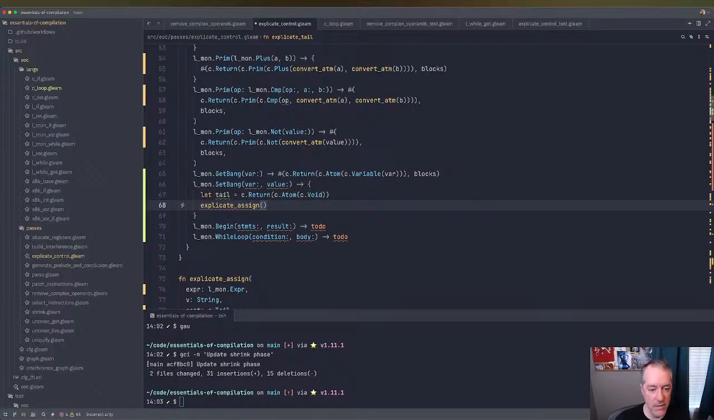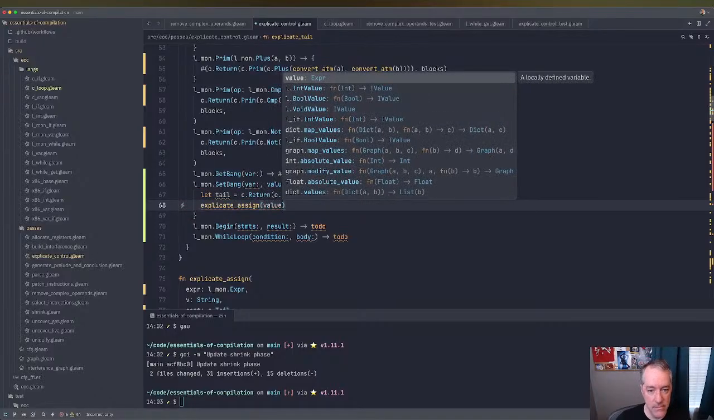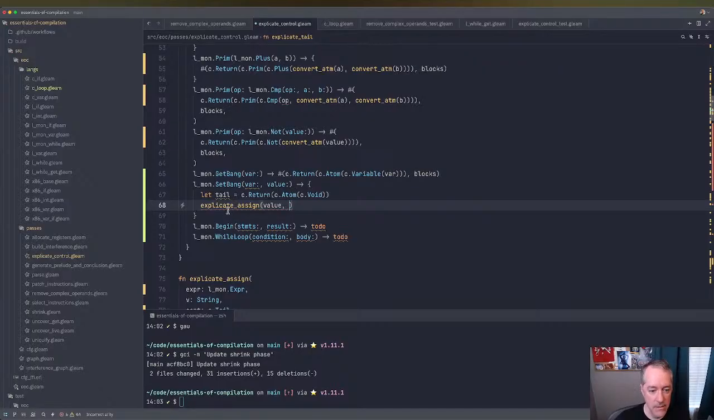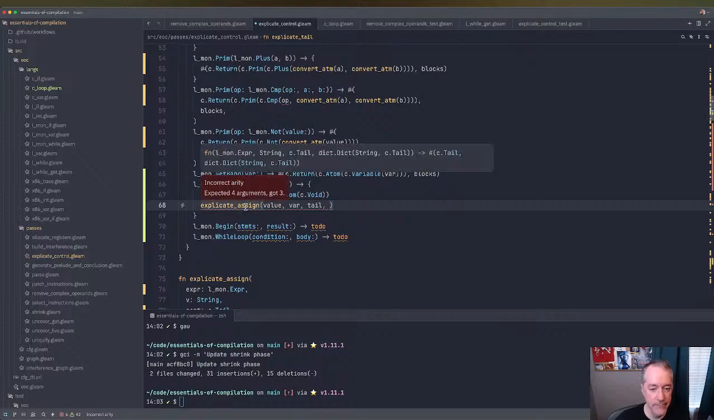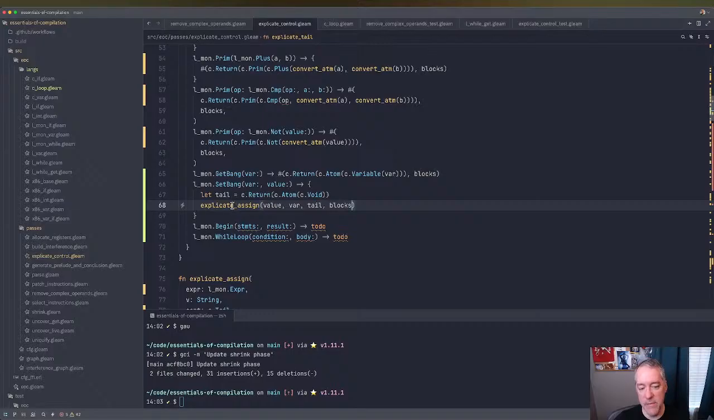And this takes value, explicate assign, and the string is the variable, takes the tail, and the blocks. Okay, so that wasn't too bad. Basically, we're just making sure that this gets turned into assign something to this variable. Now, it's not actually that useful because you're assigning the variable and then you're just ignoring what it is. But if set bang is in tail position, then that's what you do. Okay, so